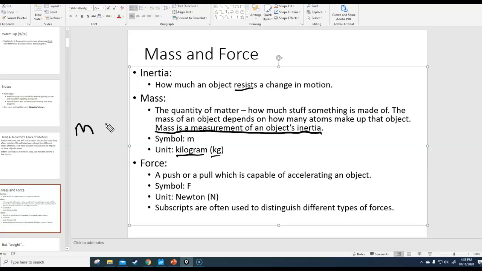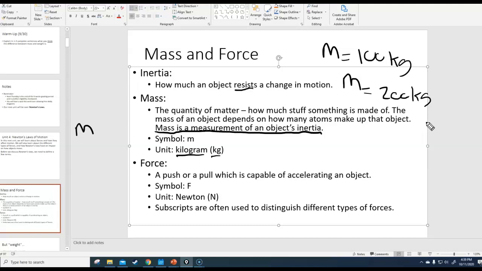And so let's say I have a mass of 100 kilograms. The way I would write that is I might write m equals 100 kg, where kg is kilograms. Okay, and so again, that's how you quantify inertia. So let's say I have two people. One has a mass of 100 kilograms. One has a mass of 200 kilograms. Okay, the one that has a mass of 200 kilograms would have more inertia, meaning it would be more difficult to change the motion of that person. Okay, so we have inertia, we have mass, which is how you quantify inertia, that's measured in kilograms,